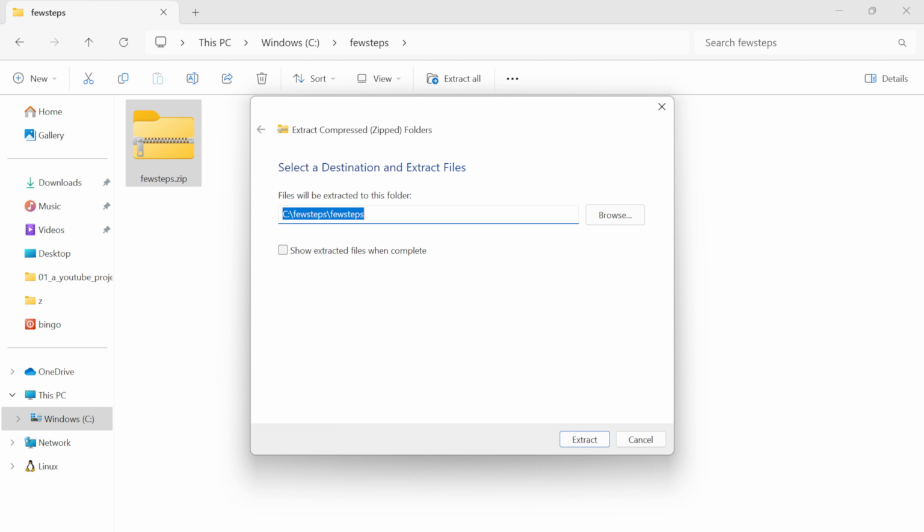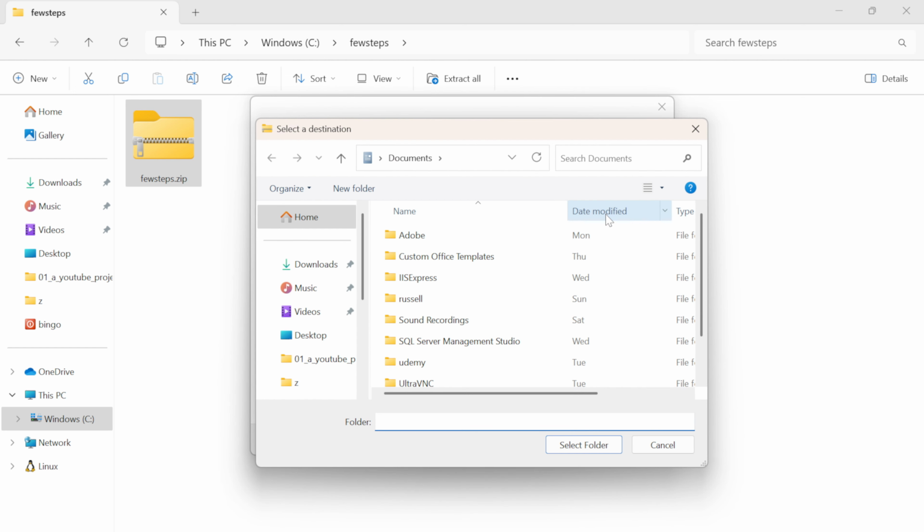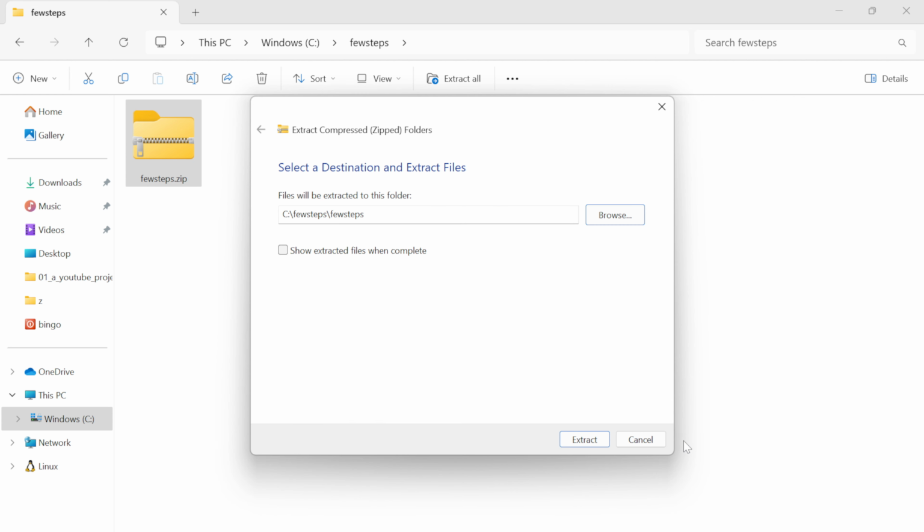Here it is asking for the location where it will be extracted. By default, it will show you the current folder location as the default path for the extracted folder or files. But if you want to change it, you can either type it here or press the browse button and choose the location where you want to put the extracted files. I'm going to keep the default location, which is the current location, because